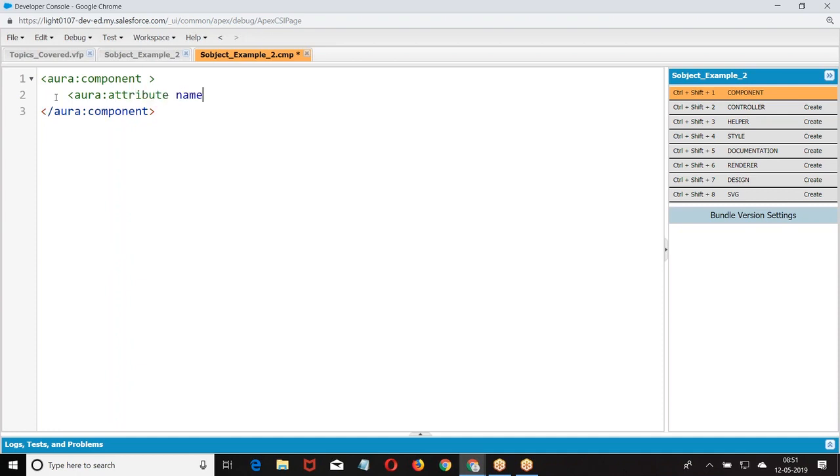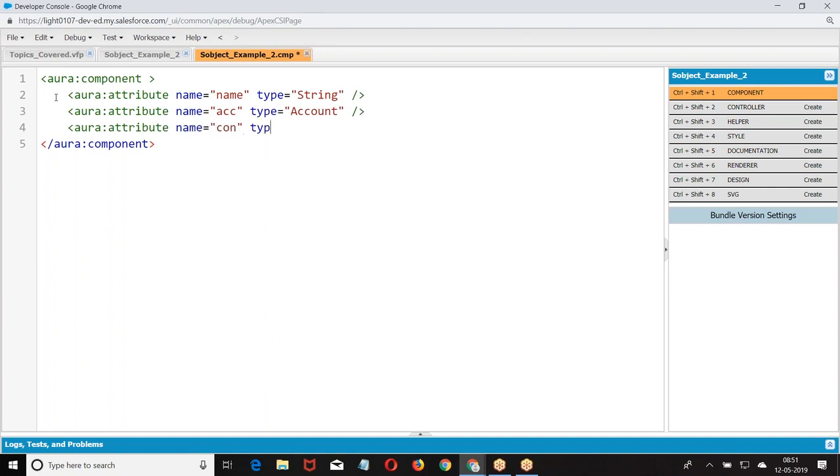Now, the aura attribute. I have taken a name, type string. Aura attribute, name ACC, type account. Now look at this.